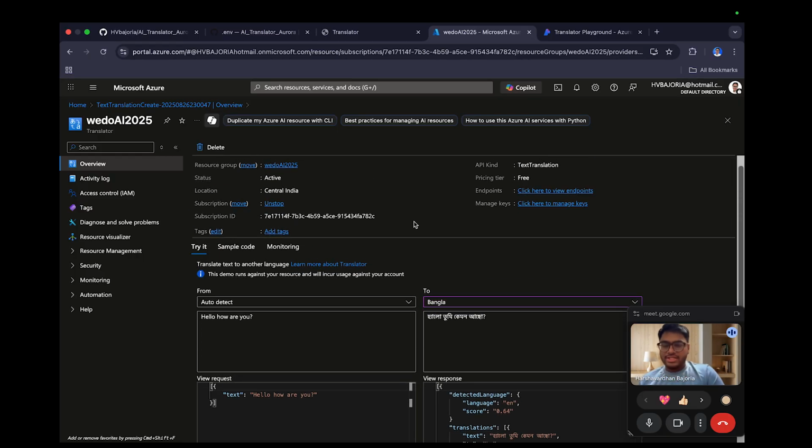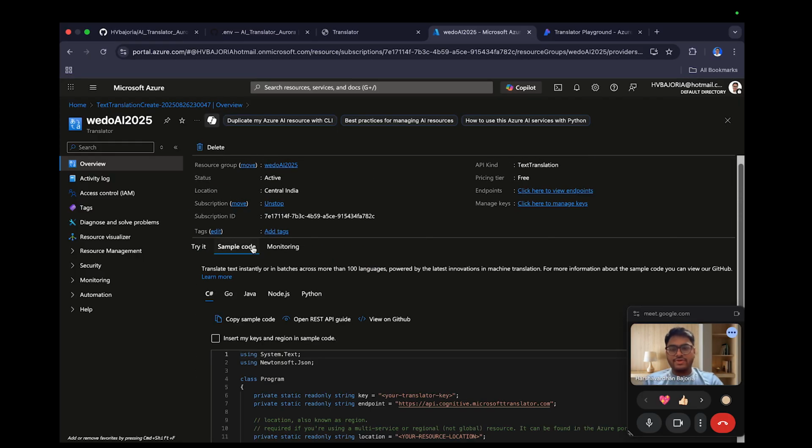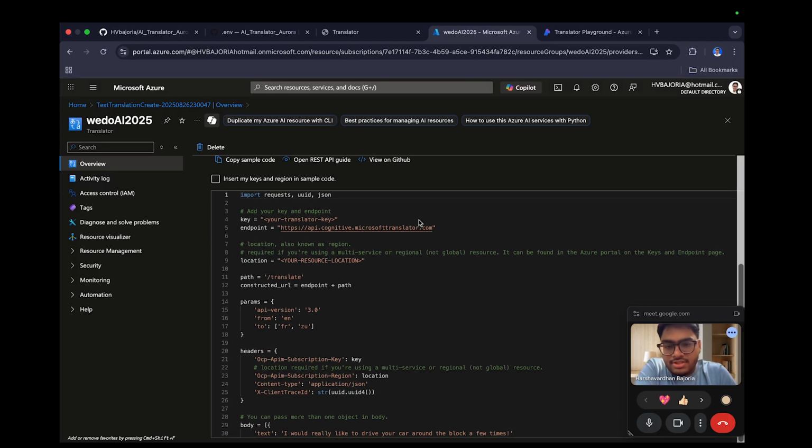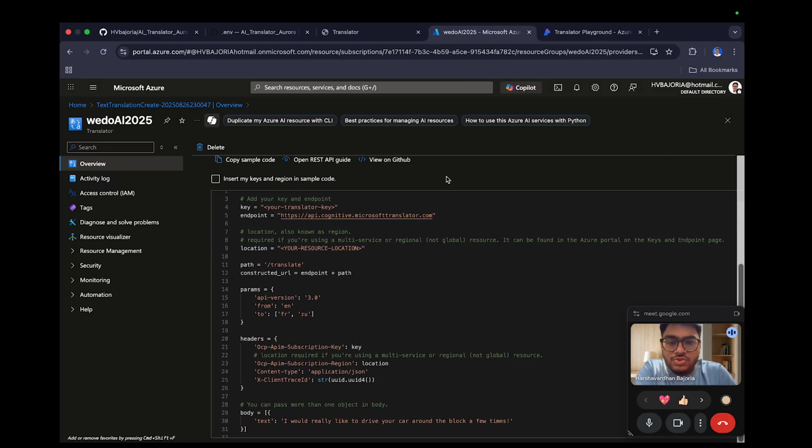Now suppose you are happy with it and you want to just use it right now, what I can do is go to sample code and I can get the code over here itself, and even insert my keys in the sample itself so that I can use it directly. So if I click on Python, this is what we are going to use. What you need is a key, an endpoint, a location, the path which is constructed like this,